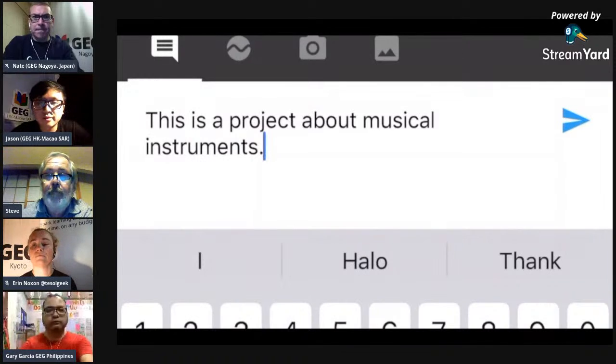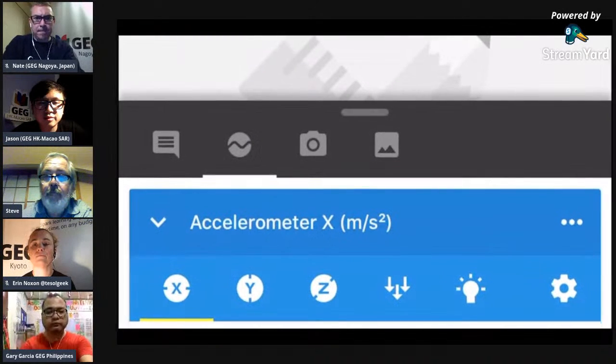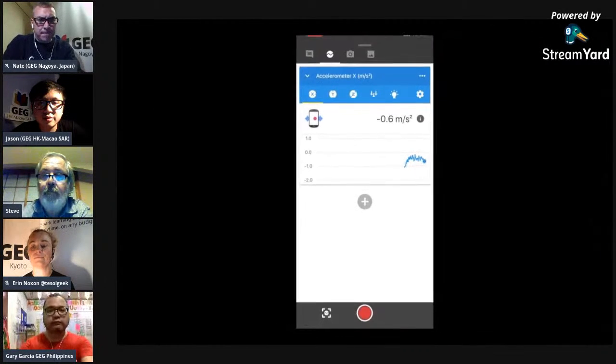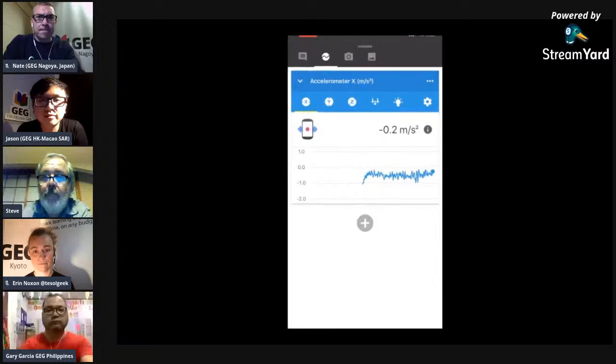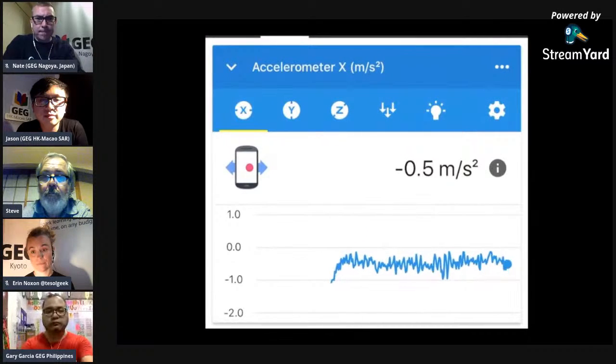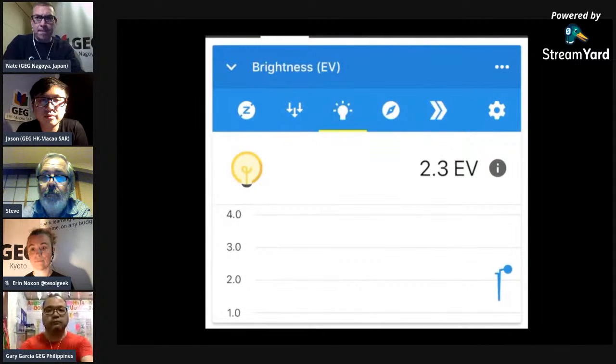Okay, and then the next step is about the sensor. It is very important in the Science Journal, and this is the crucial part in the Science Journal app. So you can find there are a lot of sensors in the mobile phone, like the pressure sensor, light sensor,